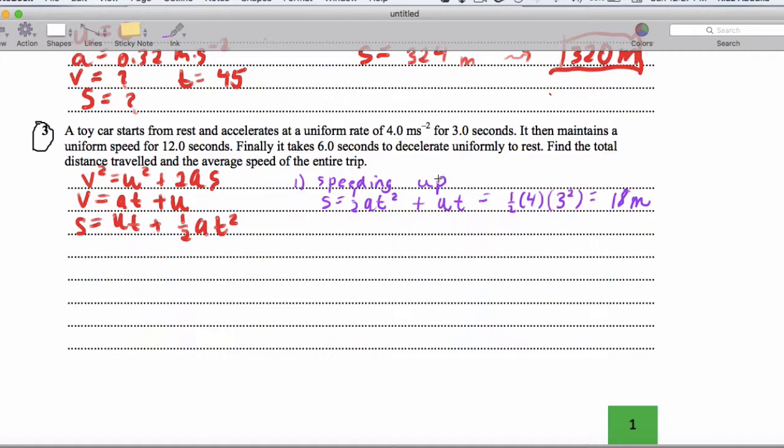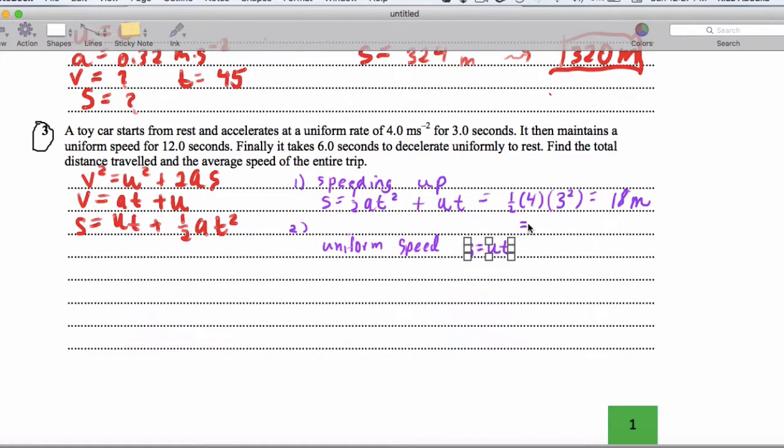Now, for the second part, we are moving at uniform speed. And let's be clear on this. When we're moving at uniform speed, the formula for motion is a lot simpler. It's S is U times T because there's no acceleration. Now, the thing is, we don't know what speed we're going for those 12 seconds. So the uniform speed,